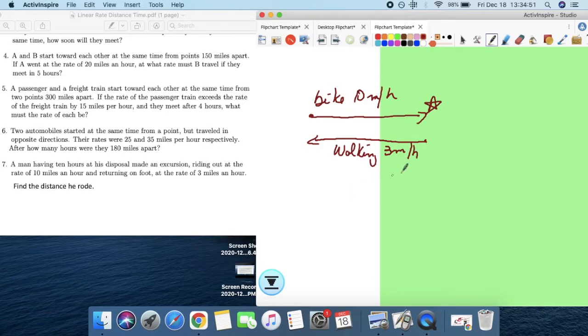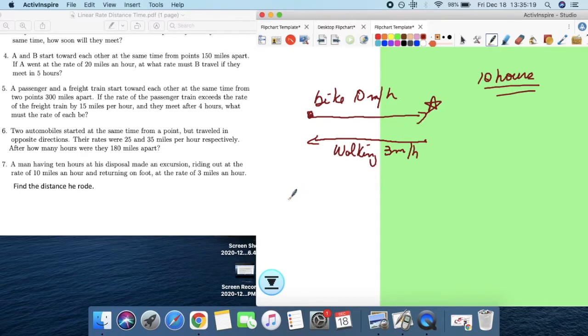Obviously, his return time was definitely longer than the initial time, right? So going was faster, and then coming back took a long time. So we know that the total hours was 10. This whole trip took 10 hours. So find the distance he rode. For how long did he ride his bike? Well, let's